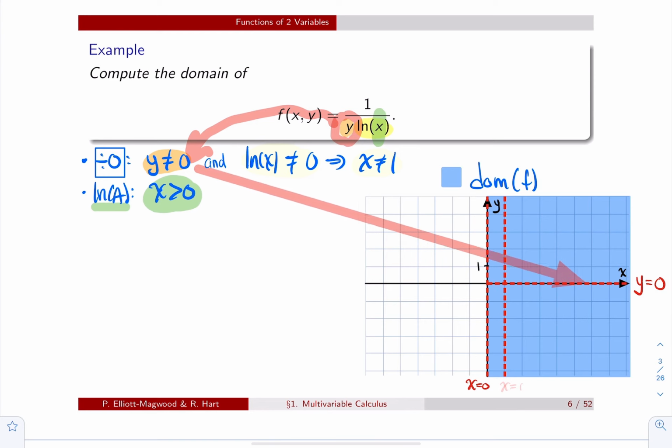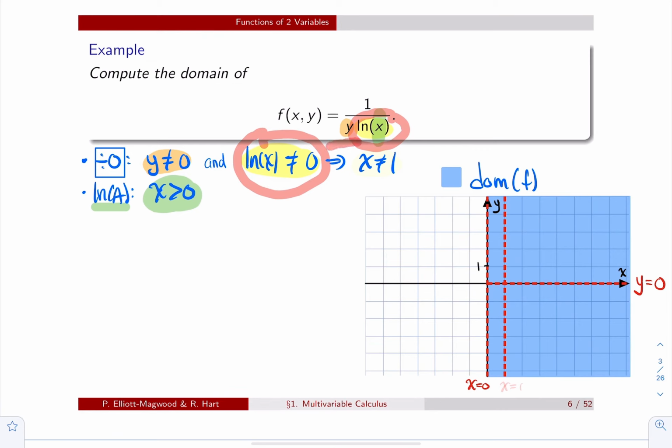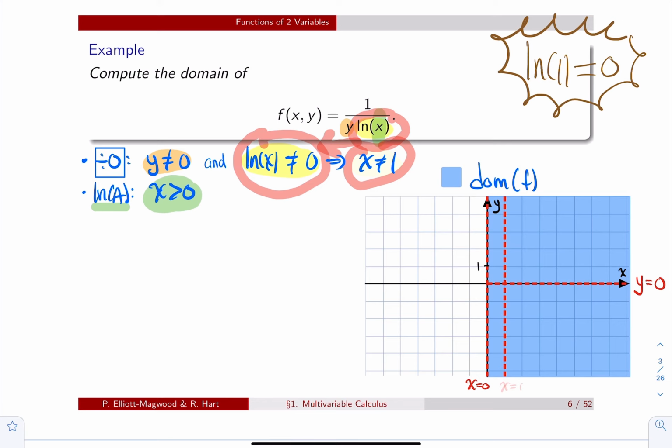And now the trickier part, or the trickiest part of this question, is we don't want the logarithmic term to be equal to 0. So you need to remember here that when the inside is equal to 1, the logarithm of 1 is equal to 0. So if you don't want ln of x to be 0, then you don't want the inside, in this case it's just x, to be equal to 1. So here what I did is I drew the line x equal 1 with a dashed line. Any point on that red dashed vertical line x equal 1, none of those points